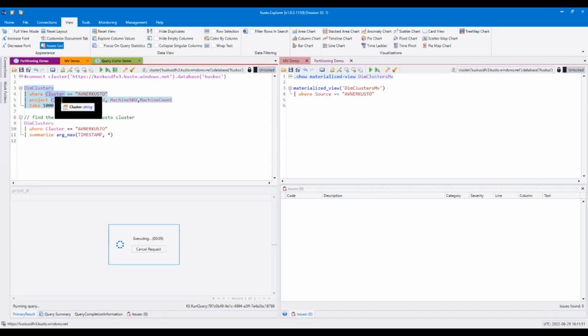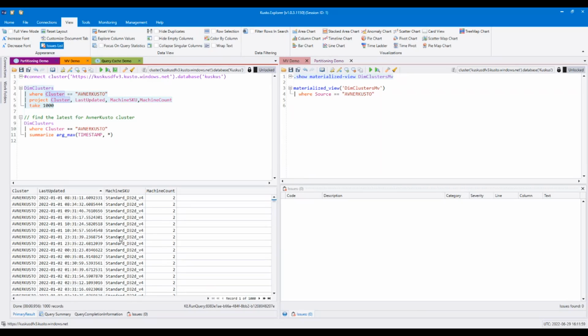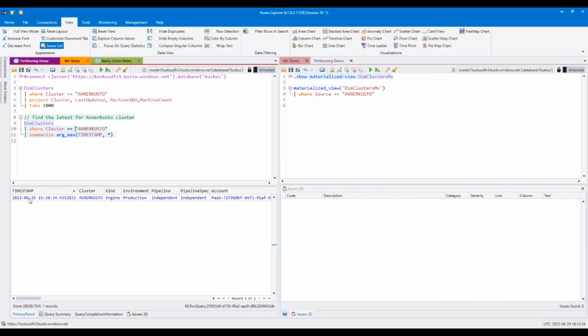When the query will come back, let's see. Let's see again. Let me try. Okay, here it is. So we can see that there is 1,000 reads. You know, it's every minute or so something is going to send this notification, and you can see how many machines I have on my cluster and whatever configuration. But if I really care to see what is the current state, the history is not that interesting. So to get the current state, I can run this query, which will return me the last read, which was at today at 5:38